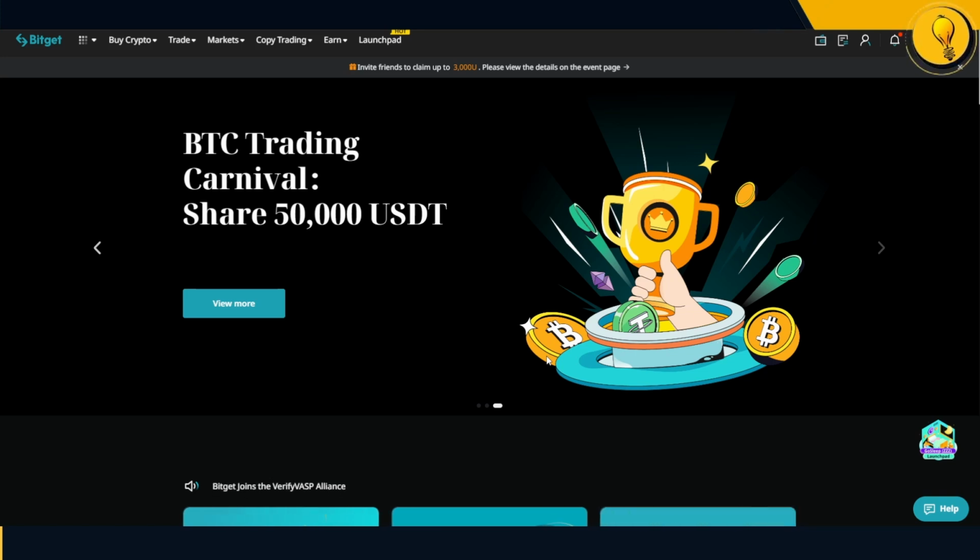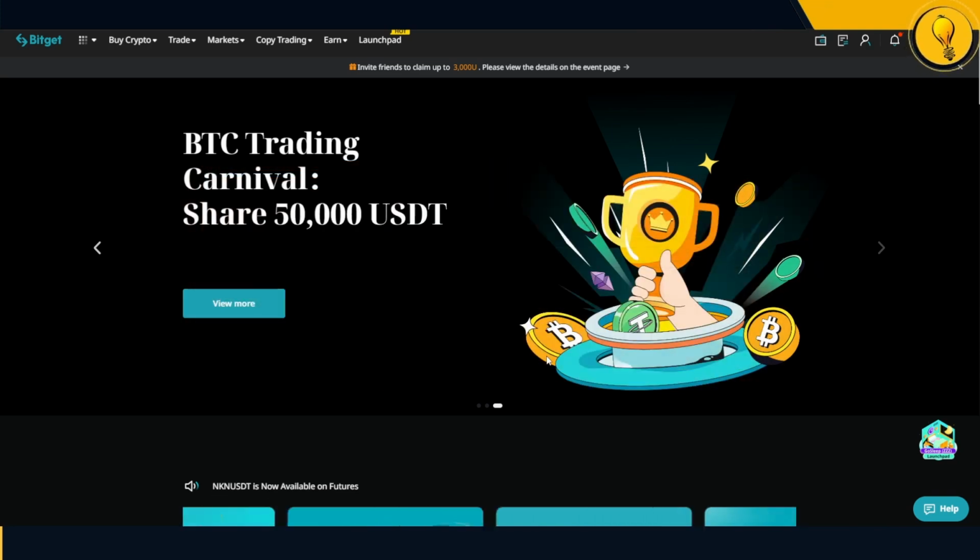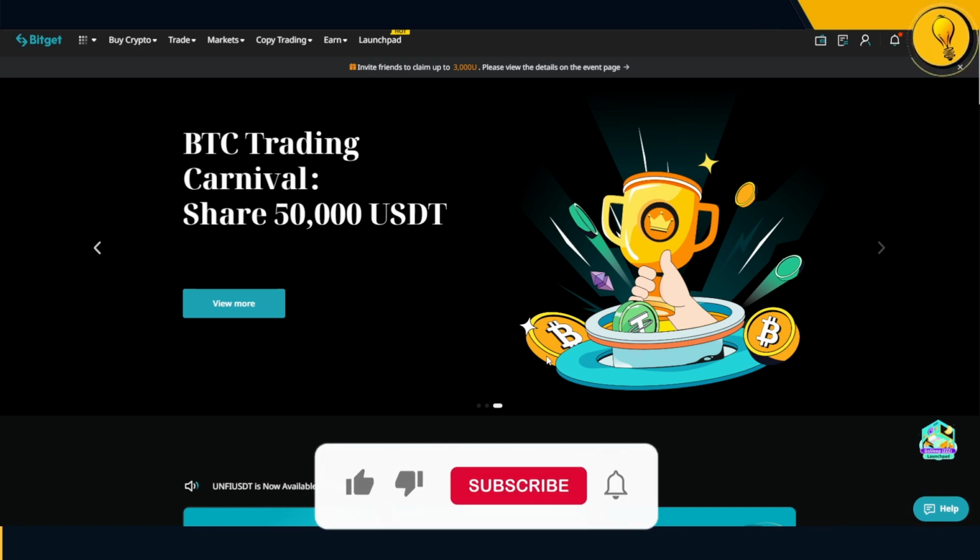Today we are going to be talking about an asymmetric trade opportunity that I see. Now, we were actually having a discussion on this in the Mango Discord chat yesterday. So I wanted to talk to you guys about this, bring this one to your attention, because it's only now, because we're in the nascency of the bull run, that we're going to see these asymmetric trade opportunities. Okay, so I'm going to bring as much to your attention as possible when I catch them.